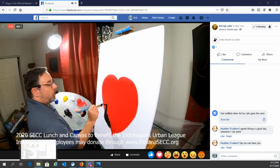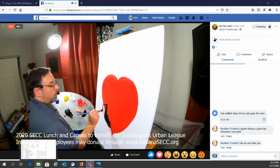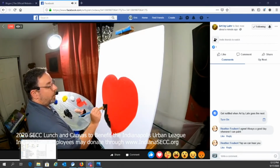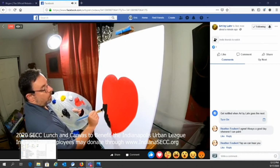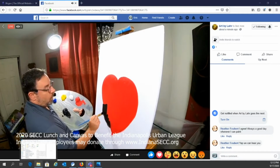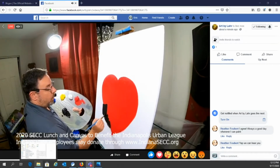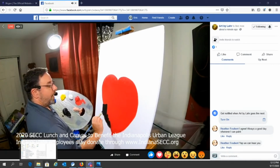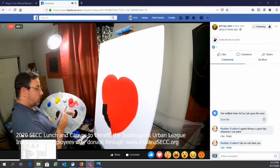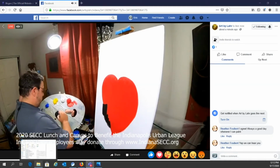And I'm just going to make it a big dark shape there, but one will definitely be able to recognize. Just want to at least get some sort of a reference to Indianapolis when I can. Okay, and